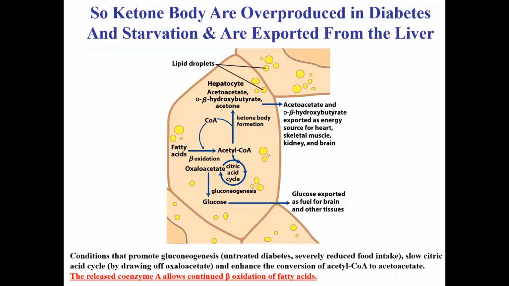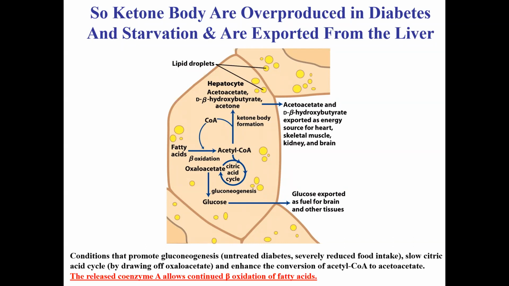So ketone bodies are overproduced in diabetic patients and people who are starving, right? Right now Ramadan is going on. I'm sure some of you are starving during the day, and your liver is working very hard to ensure that you have ready access to ketone bodies, so you can still understand the lecture of Dr. Pathak. Your brain is still functional when the sugars are not there. That's what is happening. Your liver is working very hard.